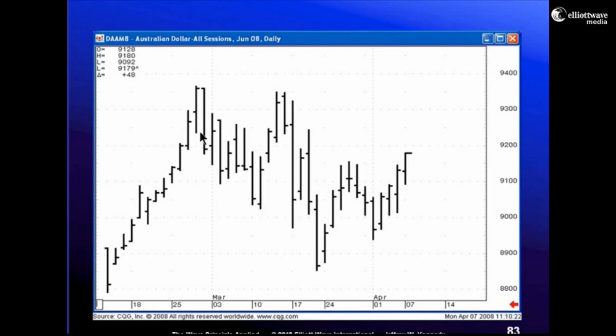What I would like you to do is label this price chart from an Elliott wave perspective. Identify the operative wave pattern. Once you do that, I want you to outline or sketch out a viable trade plan. Where are you going to get in, where your initial protective stop is going to be, and where do you expect the market to go? Because that's really where the rubber meets the road.